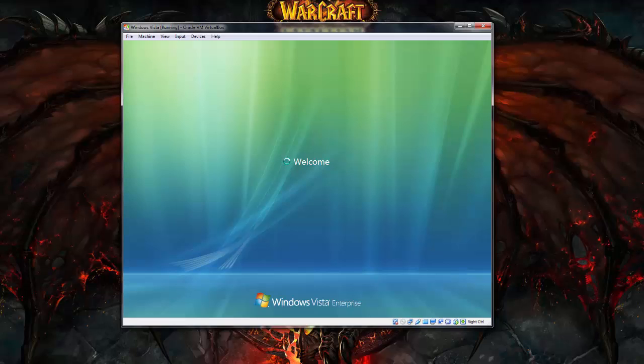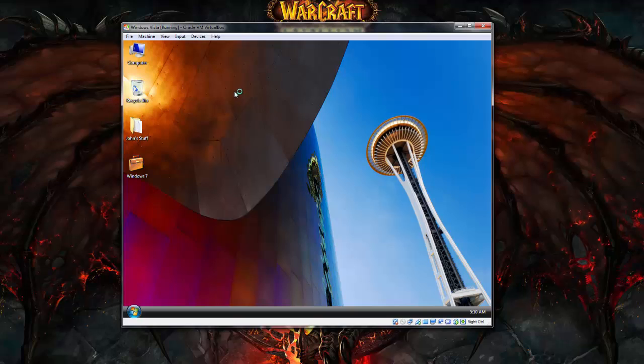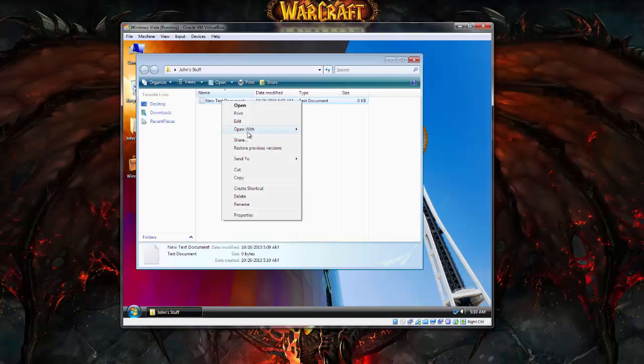And here we should, well, it takes a little while. Good. And there we go. So basically, everything that was done on Windows 7 is now on Windows Vista, as if I did not change machine at all. So yeah, I have John's stuff and the new text document. So just to show this back to back, I will rename this to